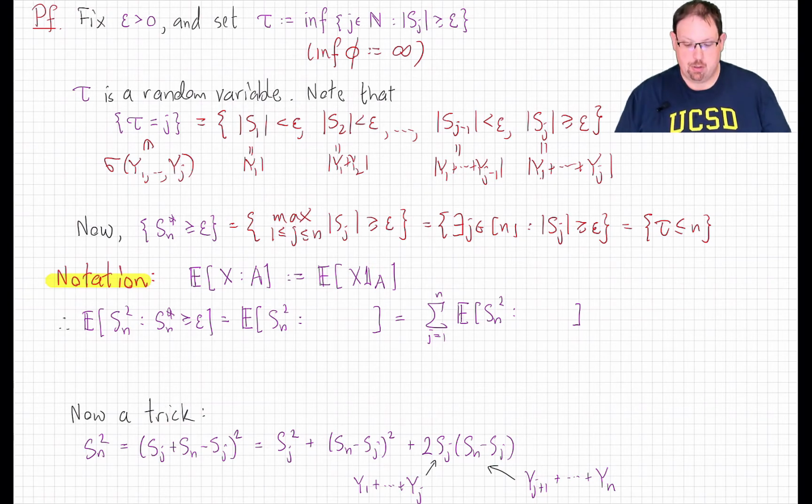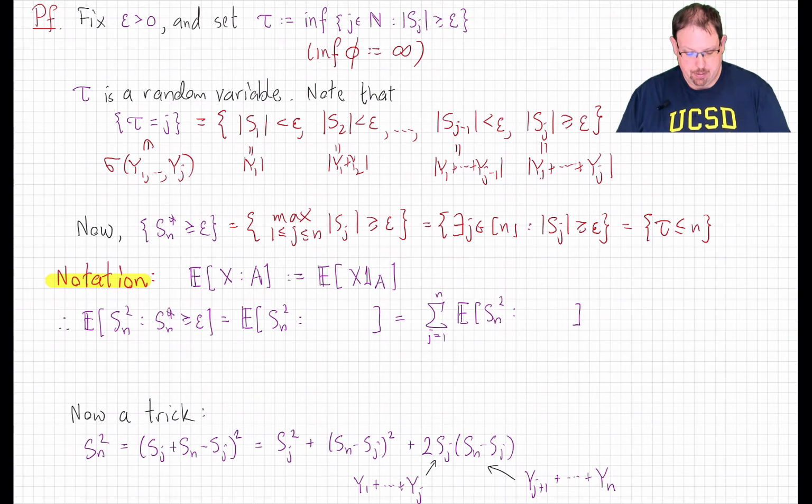Let me just introduce some notation here so I can stop writing all of these indicator functions. If x is a random variable and a is an event, then we write the expected value of x colon a to mean the expected value of x times the indicator function of a. Just a word of warning, this is not the same as having a vertical line there, which denotes conditional expectation. That's something we'll get into a little bit later.